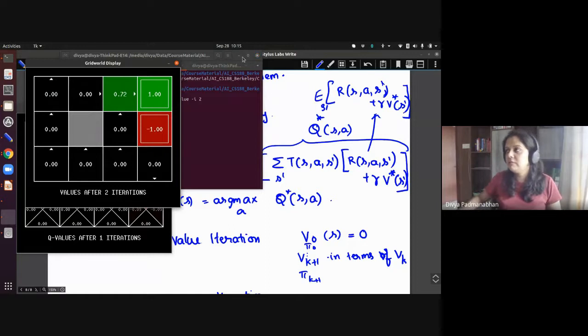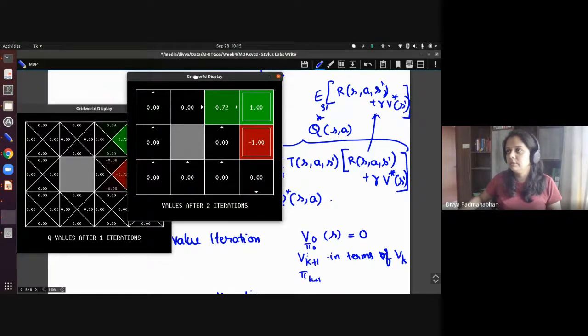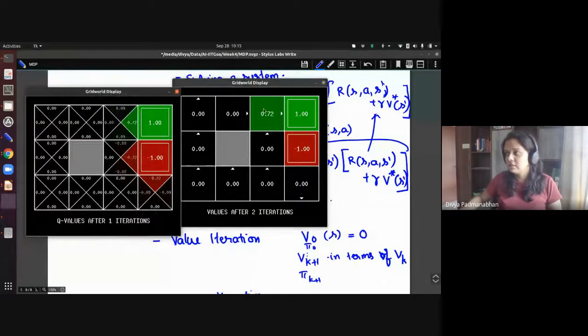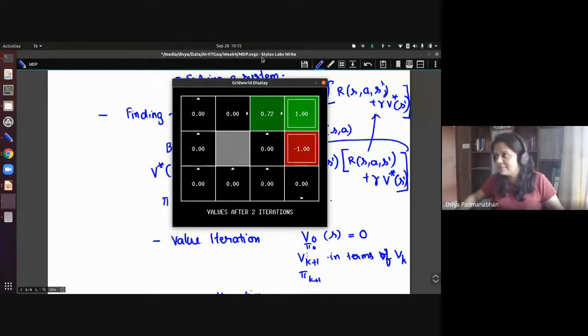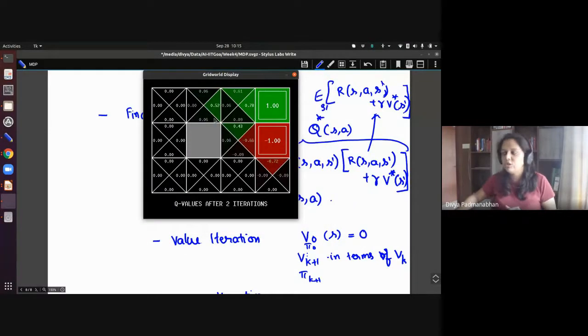At the end of the second iteration, what has happened? So these are the values, of course. Yeah, so here it propagated one more step. Okay, so this is after 2 iterations.